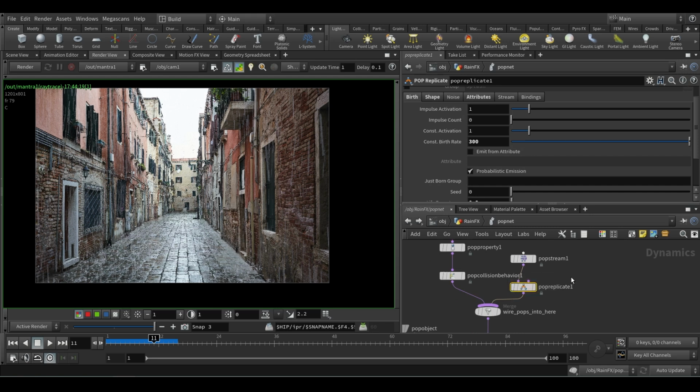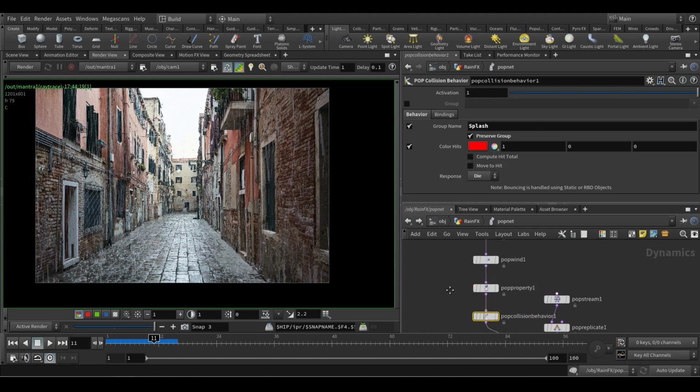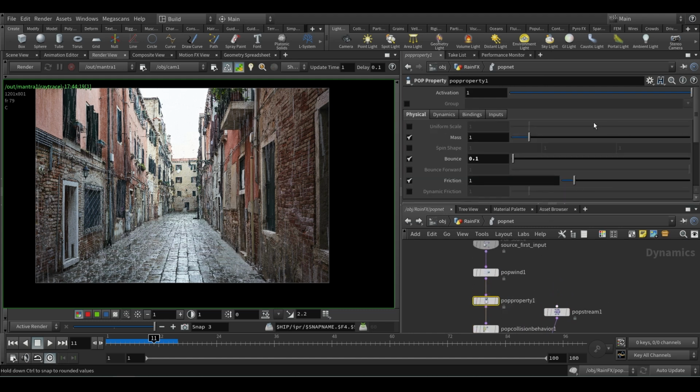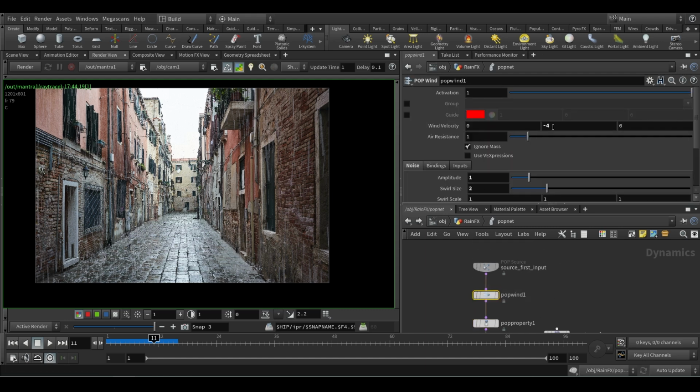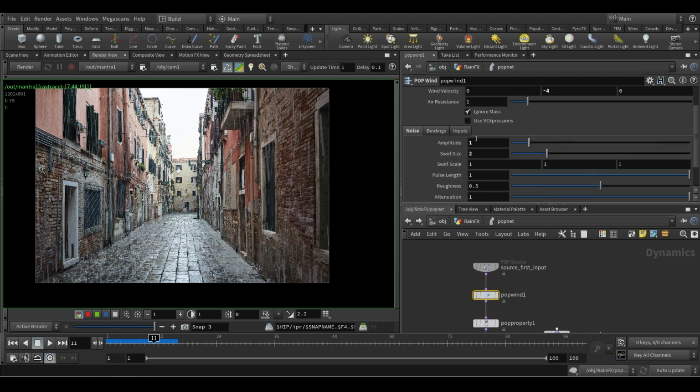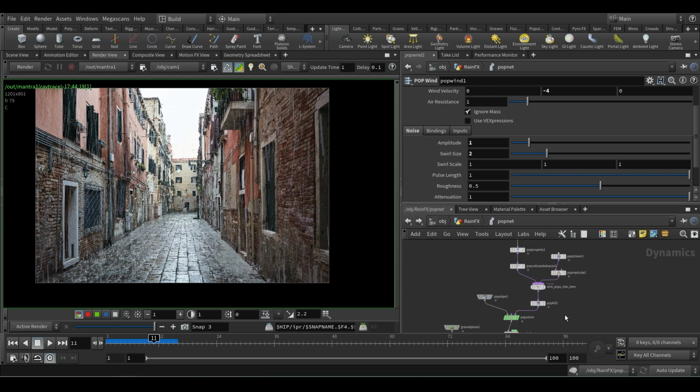So that's the one thing you need to play around with for quite a long time. And collision behavior, you don't have to play around. And the property also, you can play around with this value. And pop wind, you can speed up your wind speed how you want, and get a swirl how you want the swirl. You can also bring another wind for a tiny thing, but in this picture, since it is closed, I don't need a lot of wind, because there's no place for wind. In reality, there's no place for wind to come here, okay. So that's the only part you need to take care of.